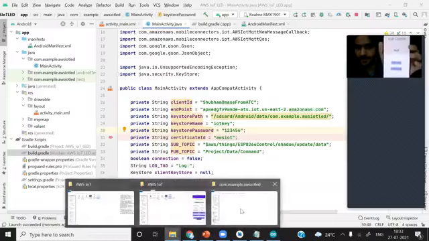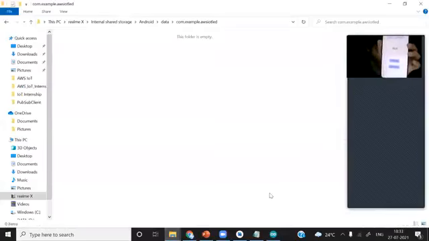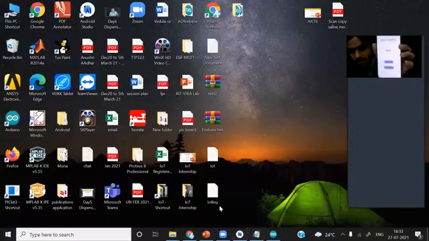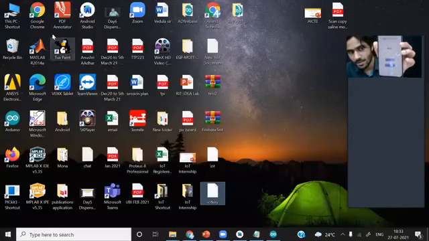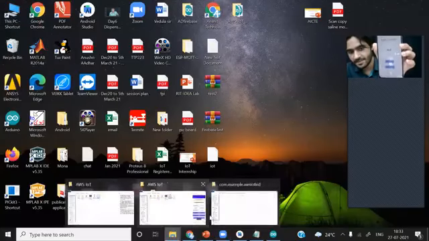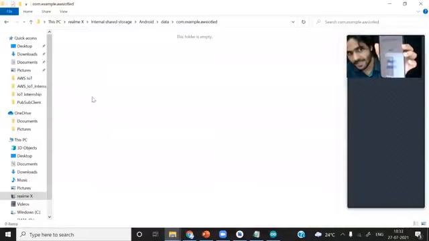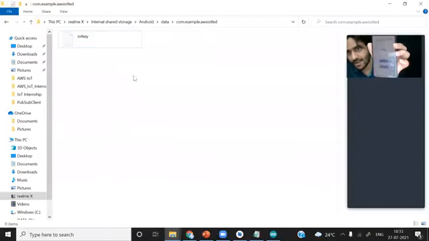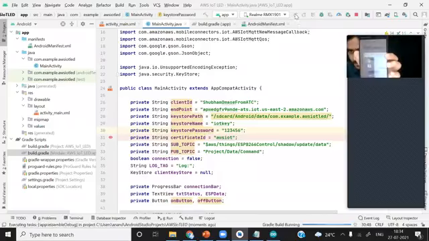Now I'll keep this here and press Ctrl+Z to undo the delete. It is not getting undone, because it is an external device. So I'll just simply copy and paste it here, and we have added this key store file again. Now I'll try to rerun this application.